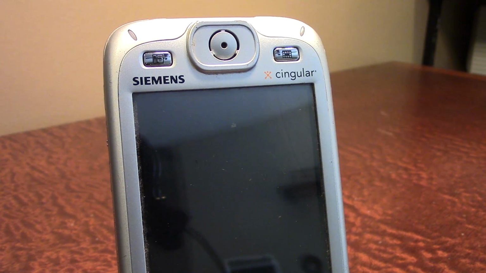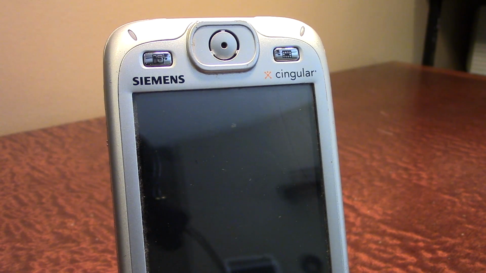As this Pocket PC or smartphone or PDA, whatever you want to call it, runs Windows Mobile 2003 Second Edition, and so we're going to go back and talk a little bit about Windows Mobile. First off, before we get into the hardware, I do want to get into the hardware and then kind of go back into the actual operating system on this, but I do want to give a brief little history about